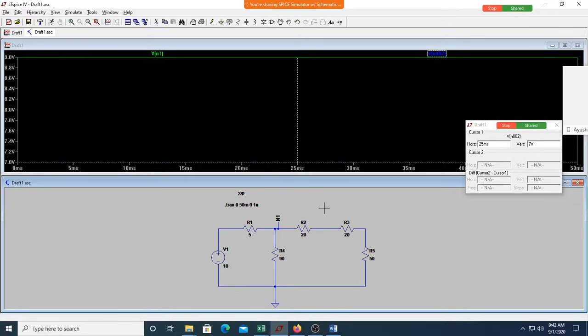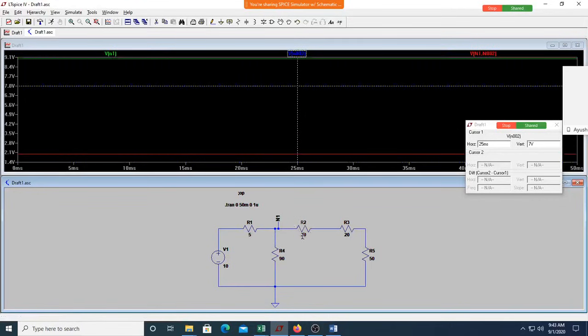Suppose you place it somewhere here, it's a random voltage, so it will not display. So you need to hold the left button of your mouse and then place it on the other point. Can you make out that black? It becomes black when you come close to that node, and it is non-black if it is away. Is it blackish now? Now it is black. Now you place it, so the voltage will be across this. Got it now?